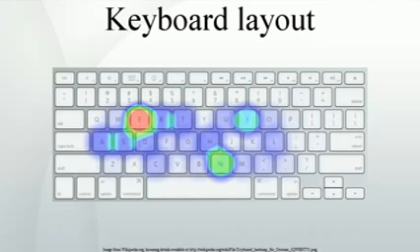Similarly, those for French or Portuguese may have a special key for the character Ç. Keyboards designed for Japanese may have special keys to switch between Japanese and Latin scripts, and the character ¥, the Japanese yen or Chinese yuan currency symbol, instead of backslash,